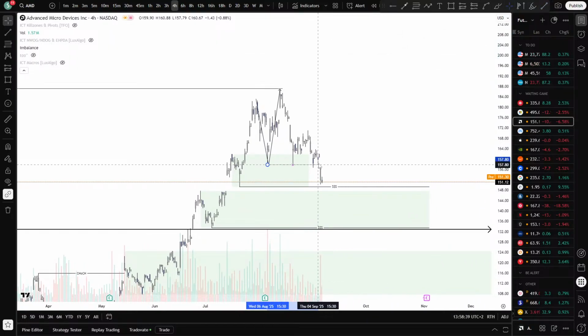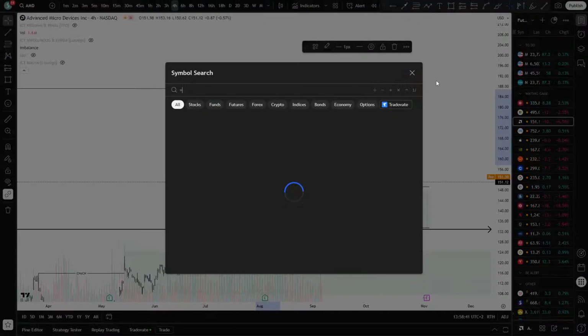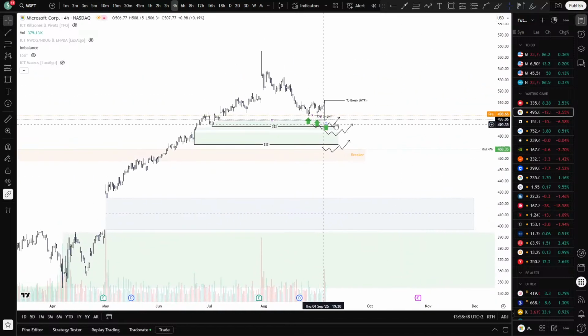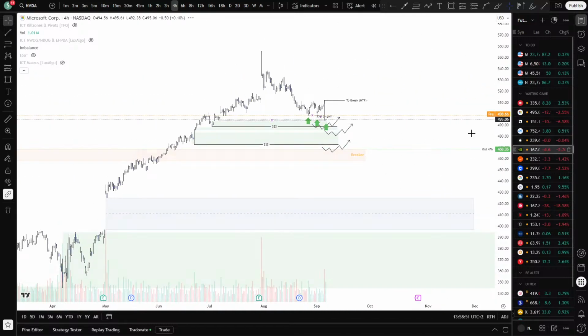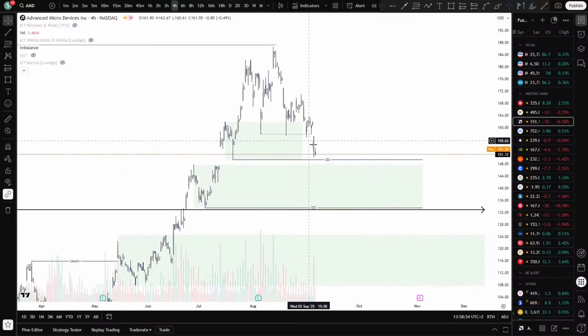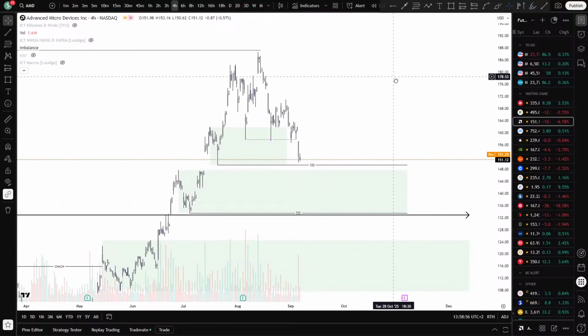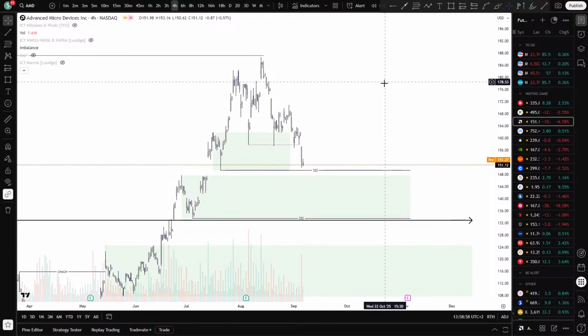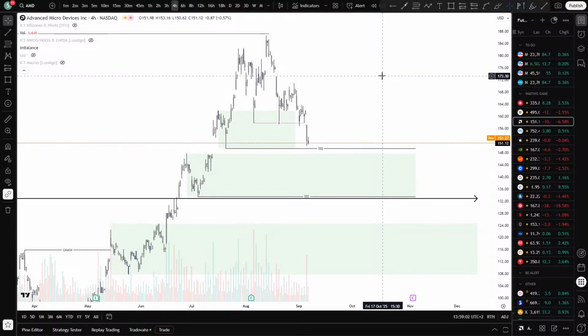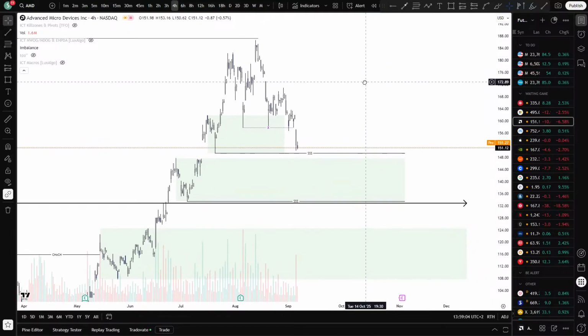Right here, we took out all those early buyers, indicating maybe market makers are filling up their orders right here, just like on Microsoft and on Nvidia. So this could be our first signal, but we never got a confirmation. So we're still down until proven otherwise, and the market is telling us we're gonna need more liquidity from the